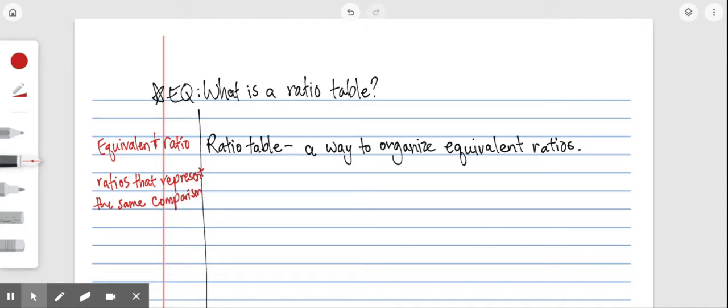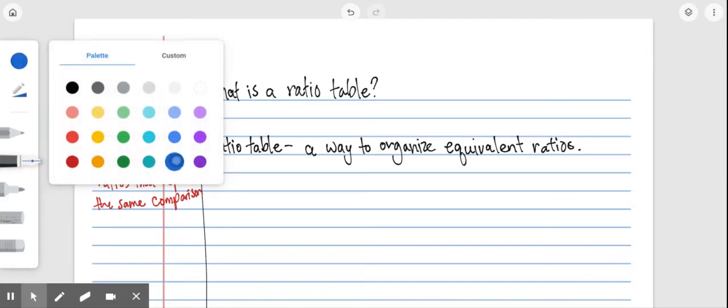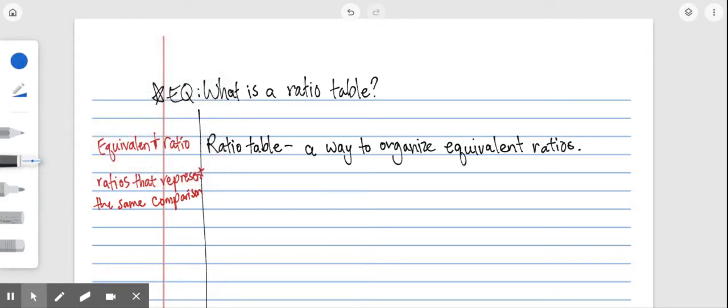Okay, so let's do an example of a few equivalent ratios. For example, I have the ratio 1 to 2. I have the ratio 3 to 6. I have the ratio 7 to 14. Now, I know that these are equivalent ratios